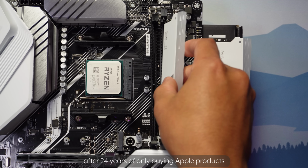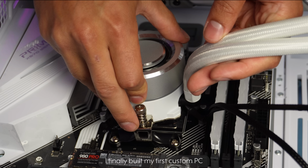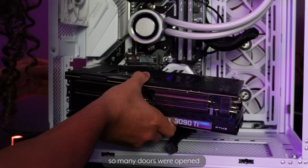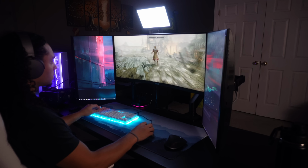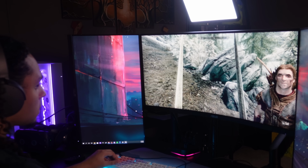After 24 years of only buying Apple products, I finally built my first custom PC. So many doors were opened: no limits with 3D development, playing any game I want,